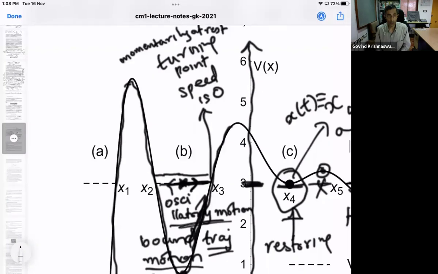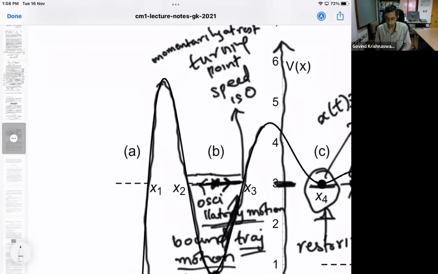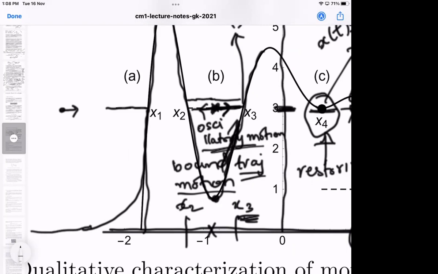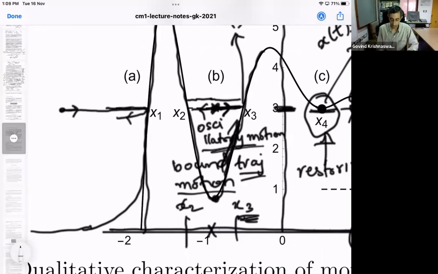To make a contrast, I have to stop here, but just to make a contrast, let us consider this final case where the energy is so much and the potential function is like this. Here the particle, suppose it started over here and came rightward. Can somebody describe what kind of motion it is going to display? If it comes rightwards, its velocity will slow down. Then it will turn. Suppose the potential just goes down to 0 at infinity.